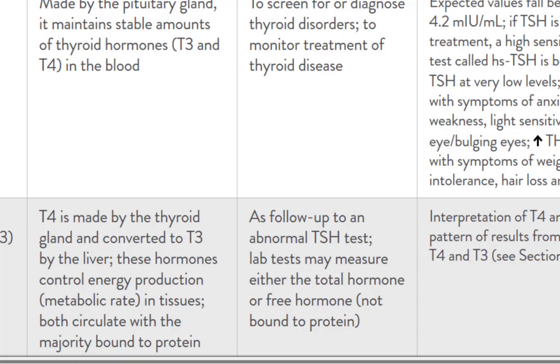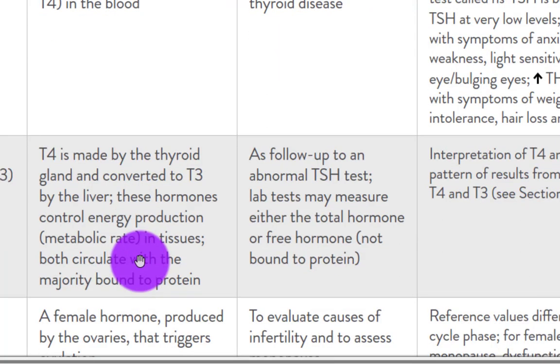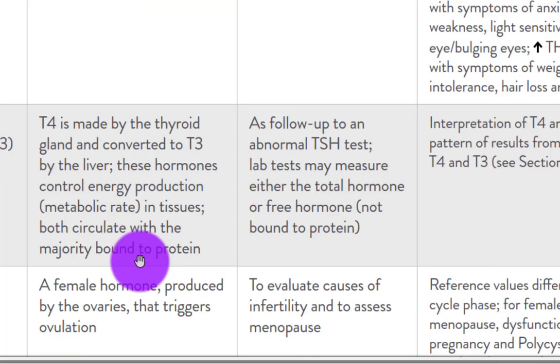Thyroxine T4 or triiodothyronine T3. T4 is made by the thyroid gland and converted to T3 by the liver. These hormones control energy production and metabolic rate in tissue, both circulating with the majority bound to protein. As follow-up to an abnormal TSH test, lab tests may measure either the total hormone or free hormone not bound to protein. Interpretation of T4 and T3 depends on the pattern of results from all three tests: TSH,